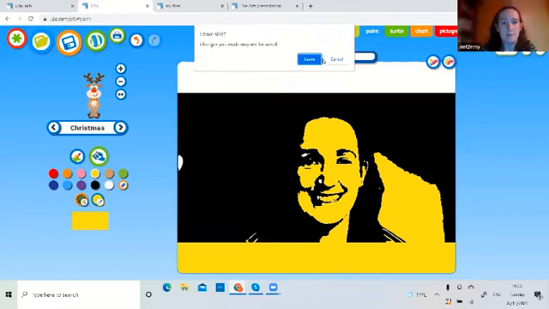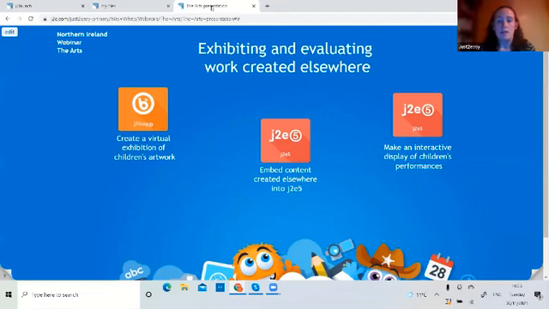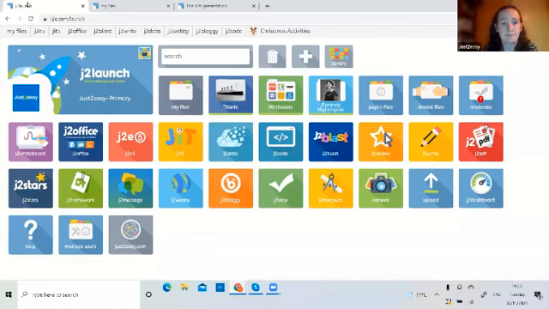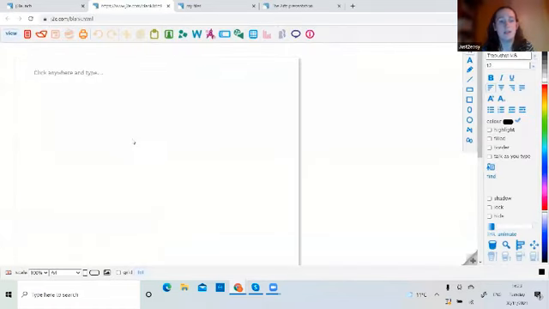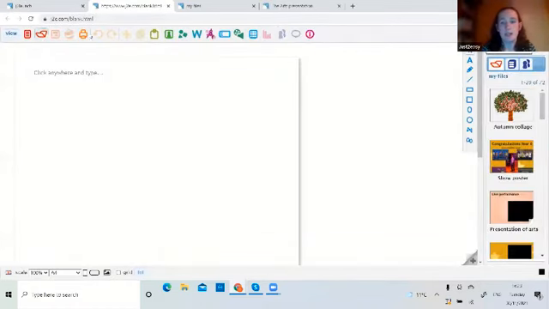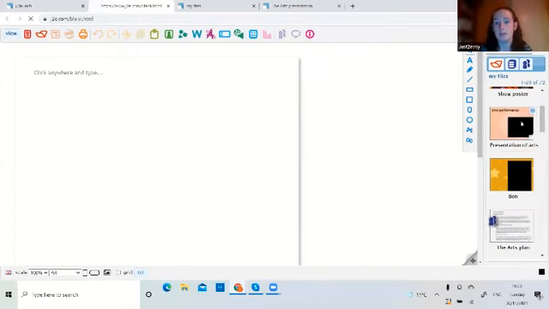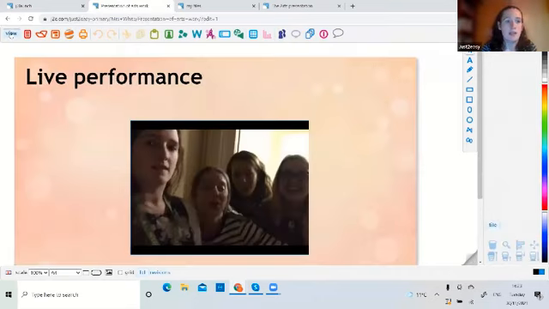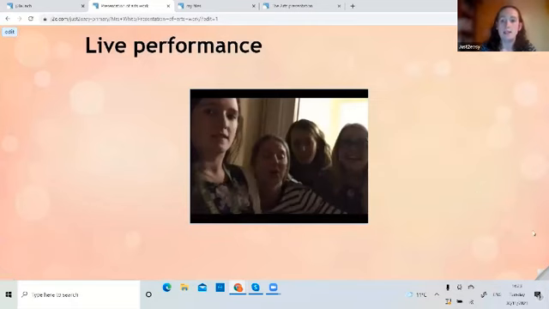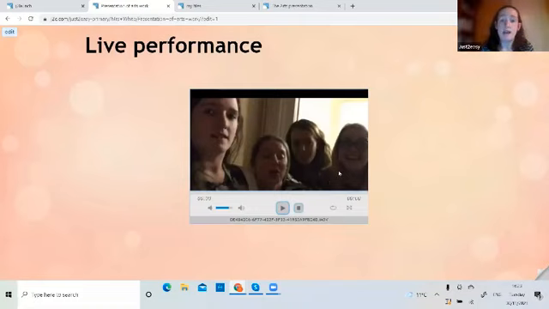Let's get rid of some of these now. Now, the next way I'm going to look at exhibiting work that's been created elsewhere is to create a presentation in J2E5. Now, the ideas within these are completely interchangeable, but what I've done here is a little bit of some other types of art that have been created elsewhere on the computer or videoed. And I've changed the background, and I've added some different videos and some sound. So I will just show you. These things obviously haven't been created in J2E, but again, they can be exhibited here.